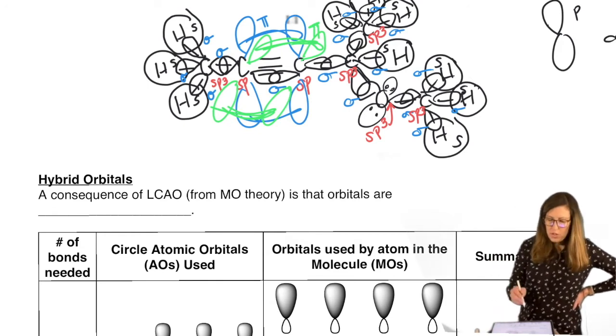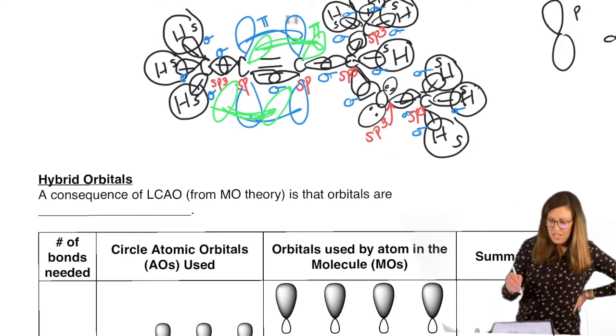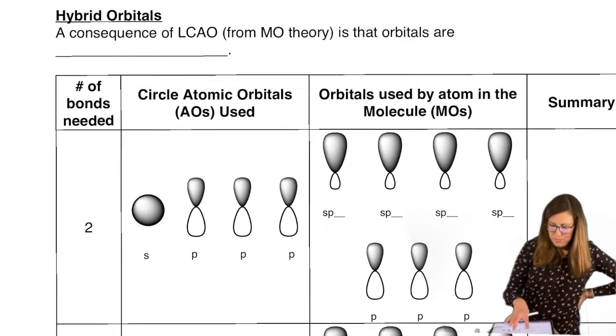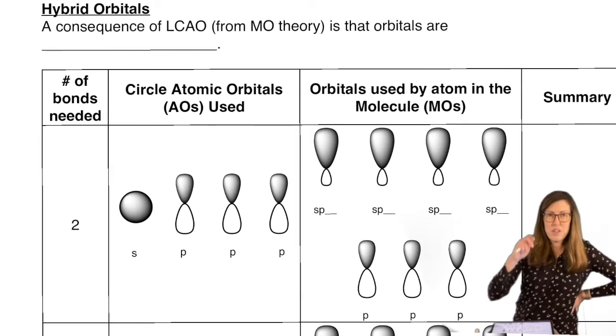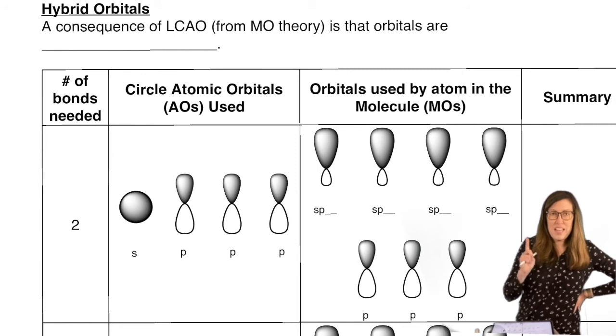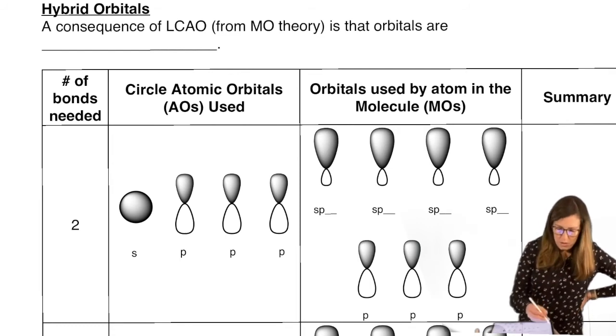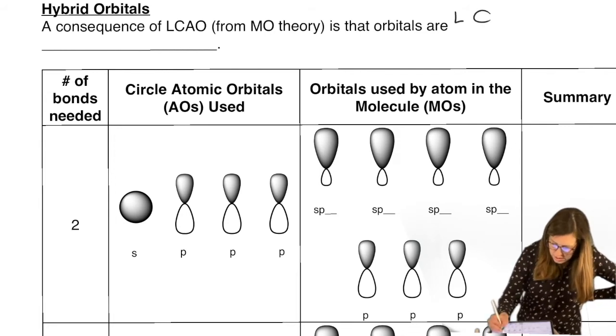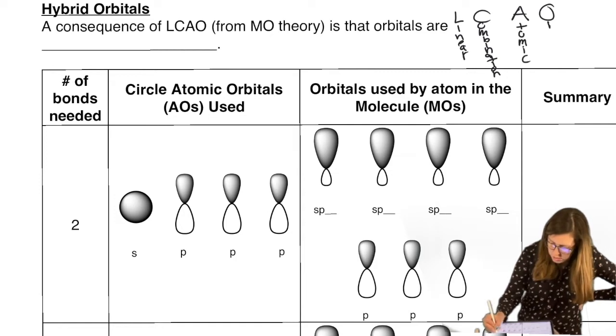So I'm going to work through this methodically, the background theory of it, and then we're going to do another example, okay? So we're going to kind of go back and forth, because this does deserve that attention. Okay, so LCAO, which you may have heard of that acronym before, but I'll write it again in case you haven't. LCAO is the linear combination of atomic orbitals. What does that mean?